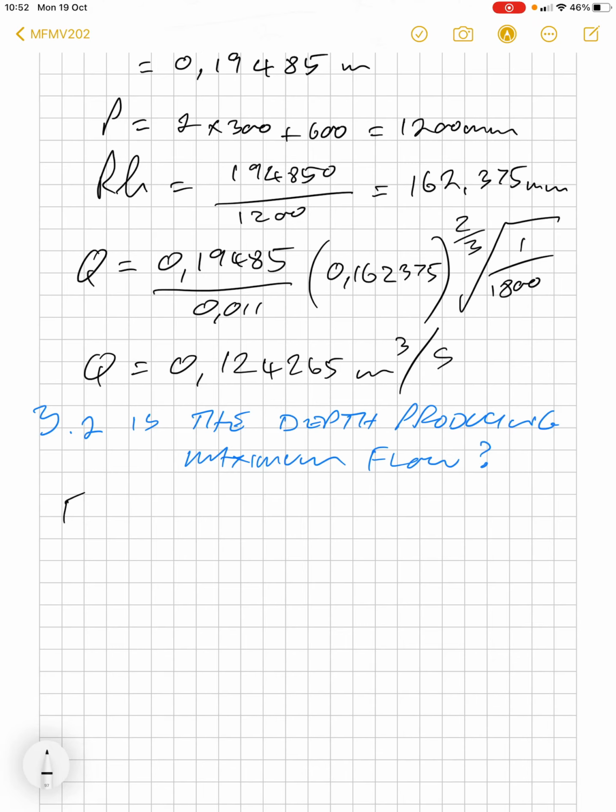Right. So we know that for max discharge